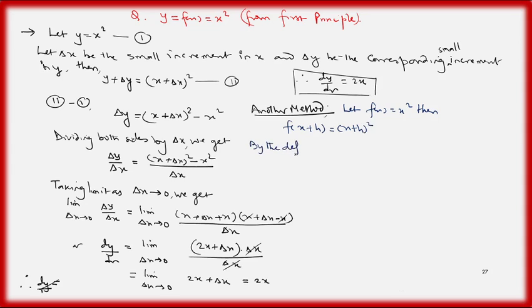By the definition of derivative, f dash x, it is also called derivative. Limit h tends to 0, f of x plus h minus f of x whole over h